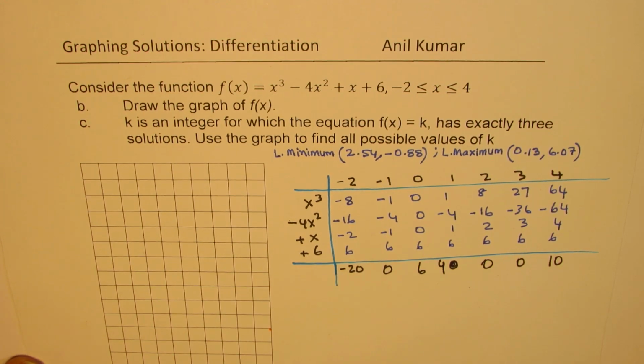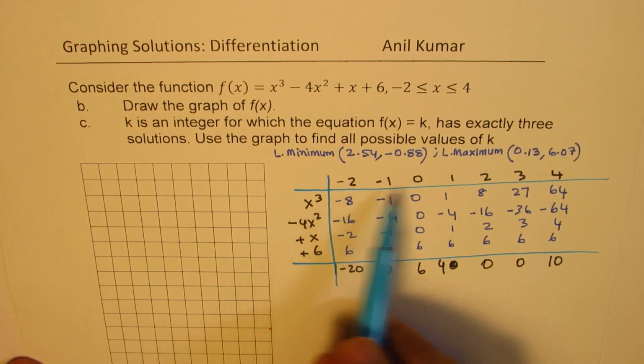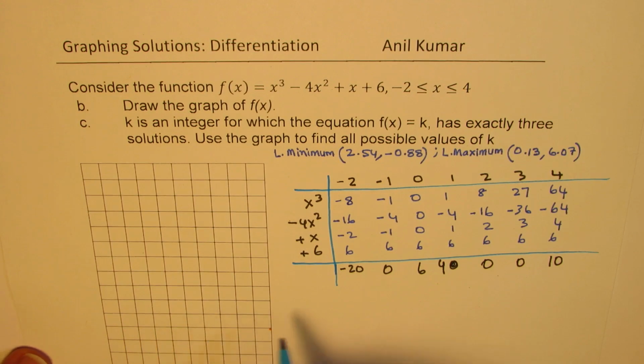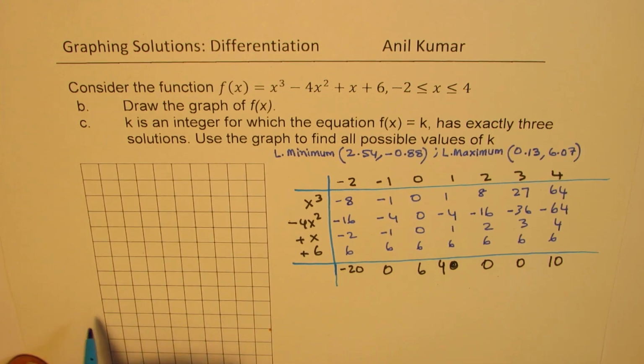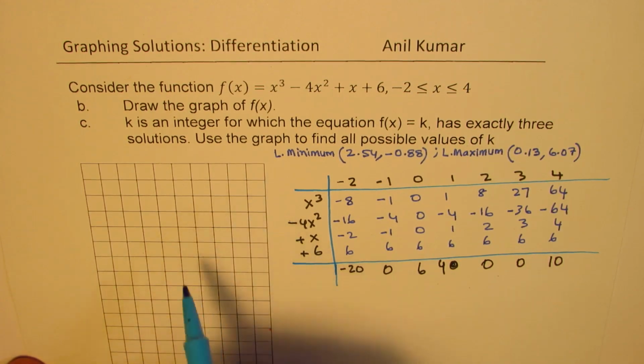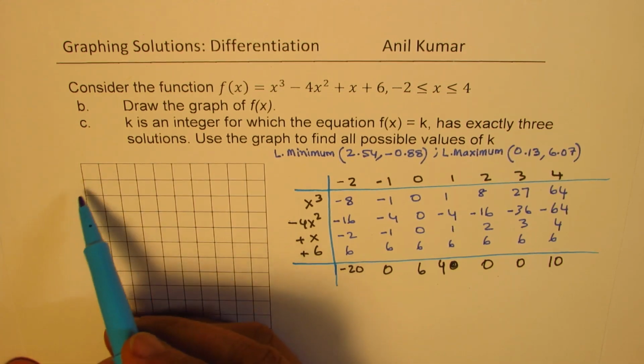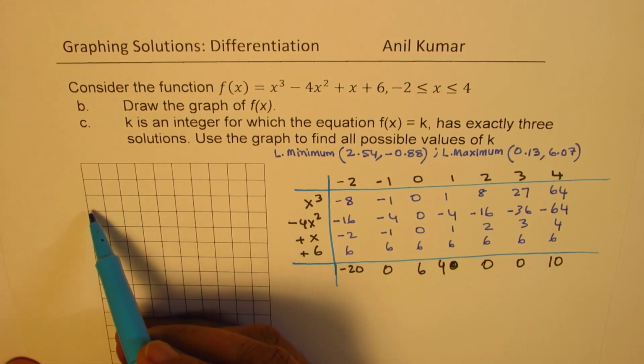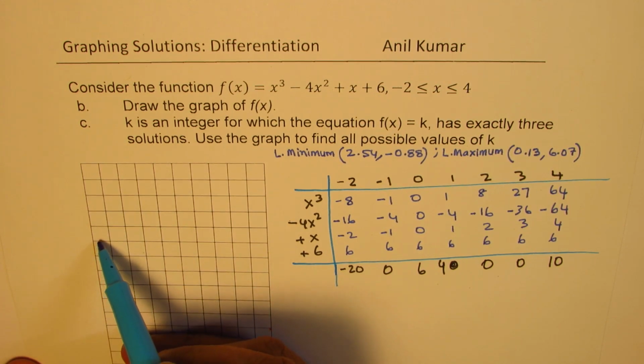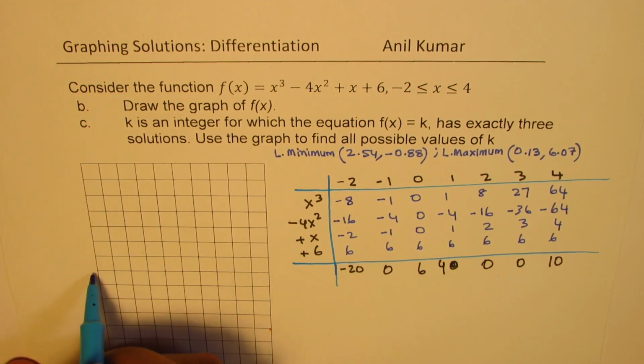Okay, so I think we could sketch most of the points. That may be difficult for us, minus 20. So we are going from minus 2 to 4 in this graph. And we have a 10 value here. So looking at this, we'll choose a scale of 2. So 2, 4, 6, 8, 10. Okay, so somewhere here, if I draw my